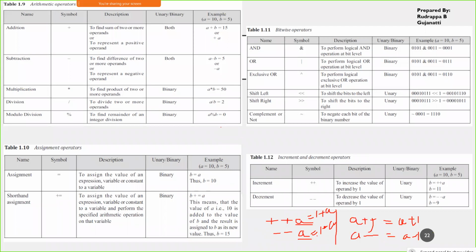Now what is the difference between these two? That is, writing the operator before and writing the operator afterwards.